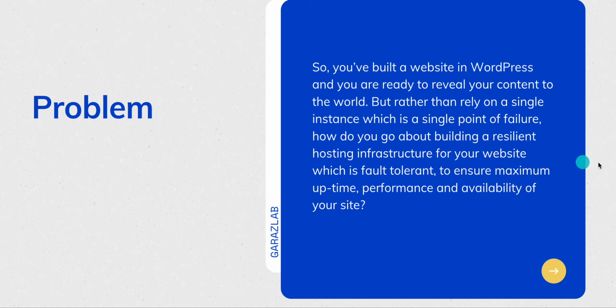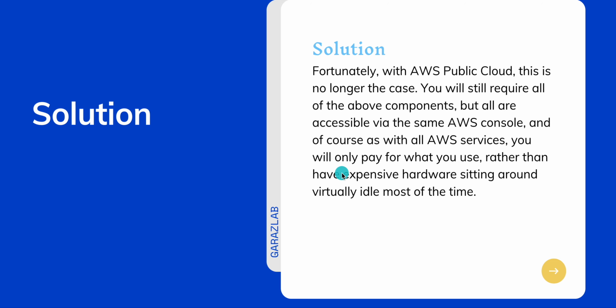What could be the solution? The solution is pretty simple. If we use a highly available system, which is available on the AWS platform, we can get AWS features. There are lots of services in AWS, and those are very effective at solving the high availability requirements for our website.